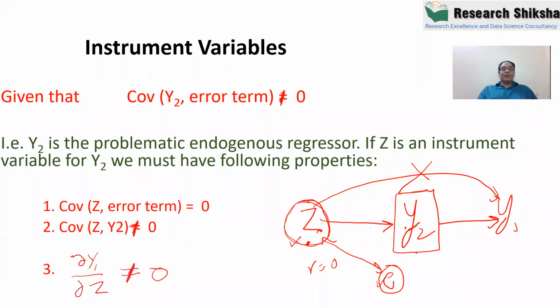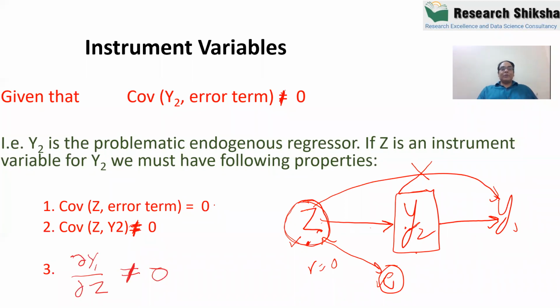Actually, I have to find out this symbol of not equal to. So in a hurry, I just put equal to everywhere. So I am correcting here. The covariance between the instrumental variable and the second variable y2 should not be equal to 0, but the covariance between